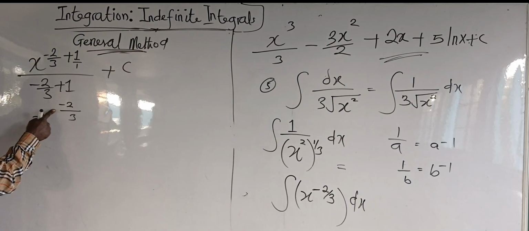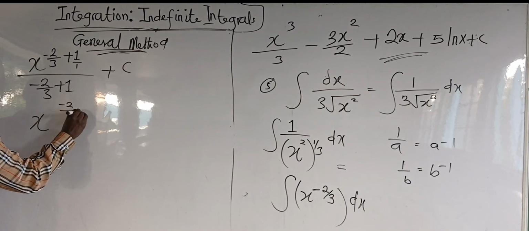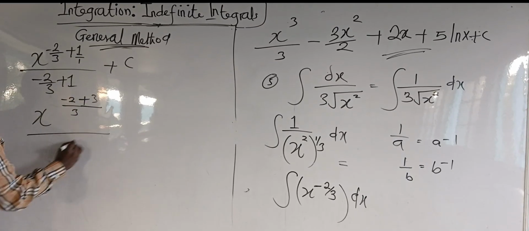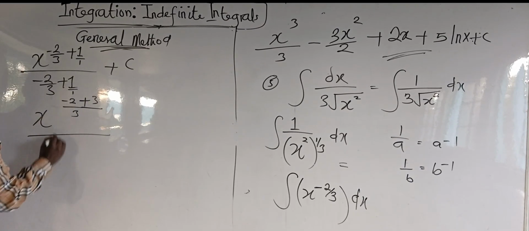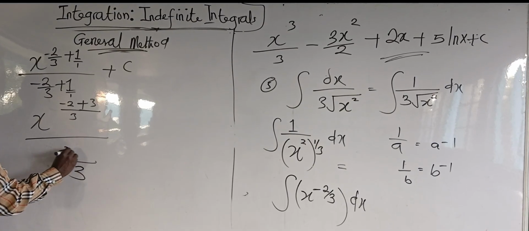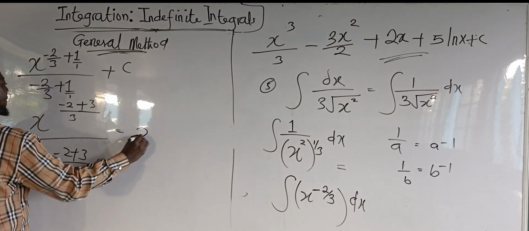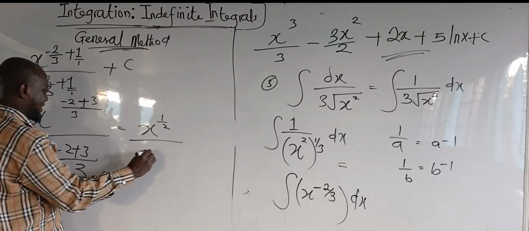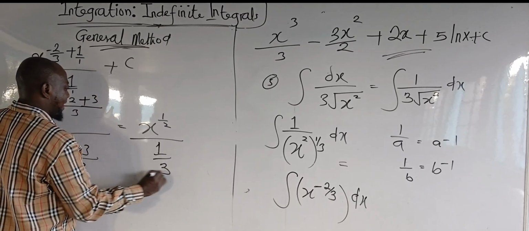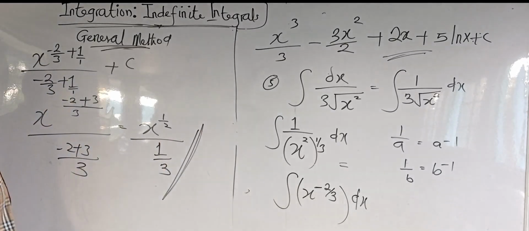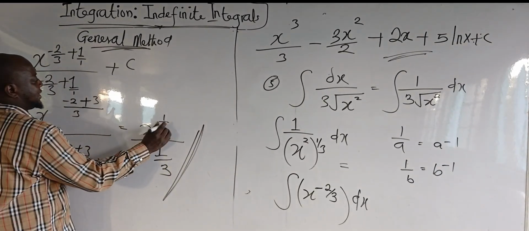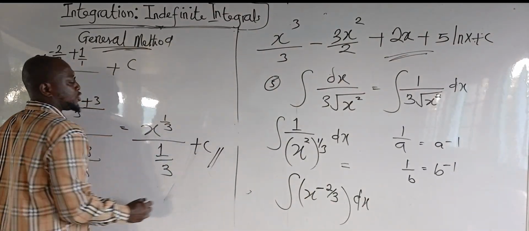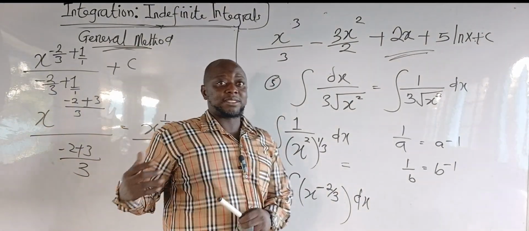Then what do I know? Then here will give us plus 1 and 3 is 3. 3 times 1 will give us 3. So all over, same thing. If you find the LCM, same thing. We're going to have 3 minus 2 plus 3. So here I have that x here will give us 1 over 3, all over 1 over 3. This is how this is done. So plus c. Don't forget, you must always try and learn to put your plus c, because if you don't put